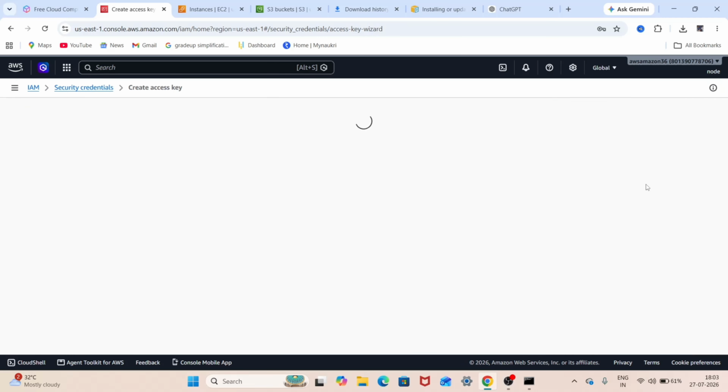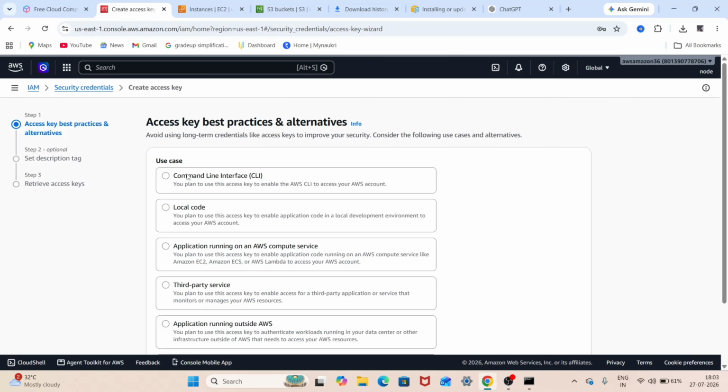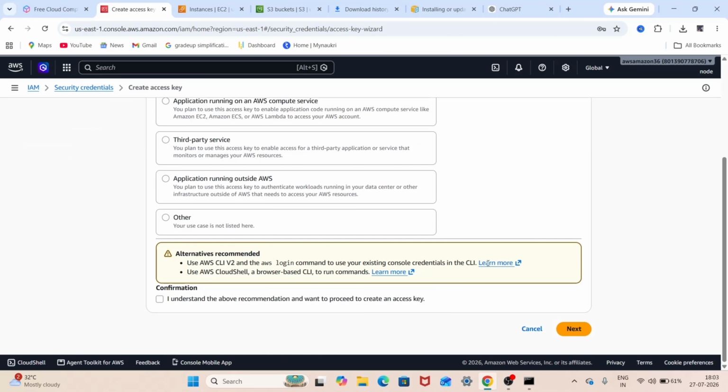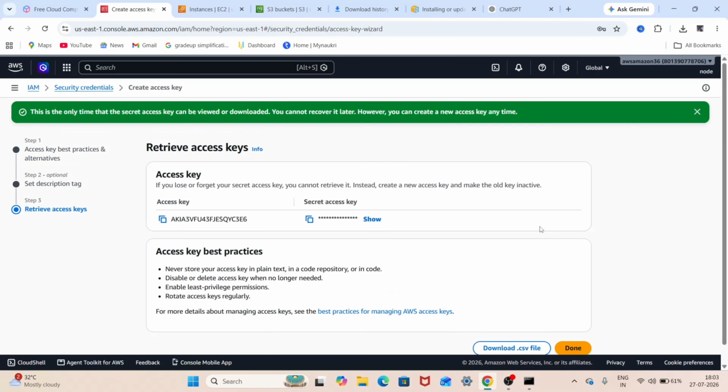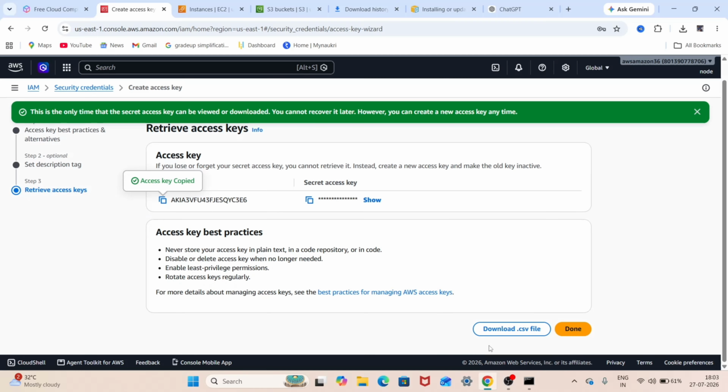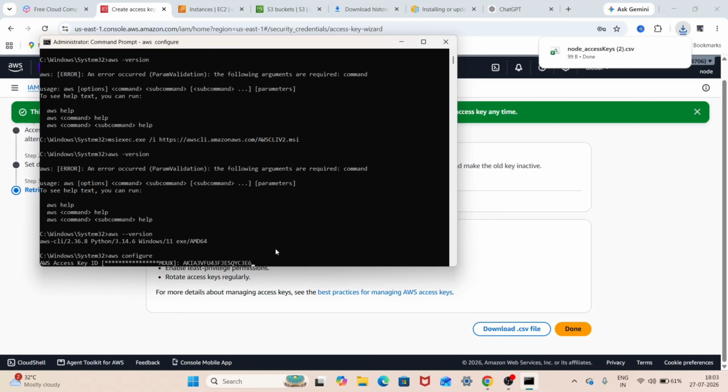Create one more secret access key for command line interface, CLI. I understood the above recommendation and want to proceed with the access key. Click this box, click on next. Description tag value, if you need you can give. Create access key. So this is the access key, copy this, and also download the CSV file here for future purpose, and paste the